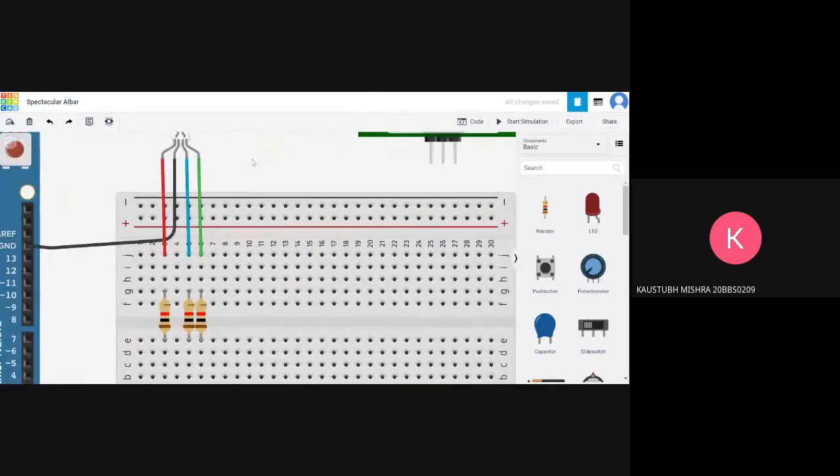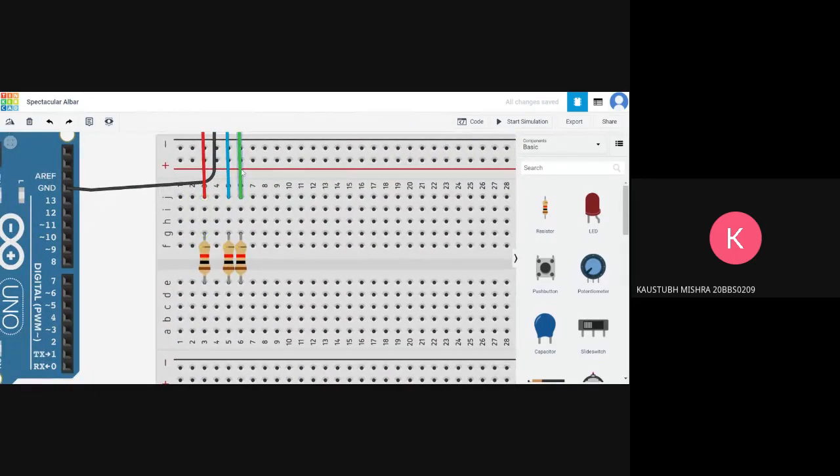So why are we doing this? Why are we connecting a resistor in specifically these positions? As you probably know, and even if you don't, it's fine. All these slots over here, like the 9 and the 10, they are connected in series. And all these rows over here, 1, 2, 3, 4, 5, they are actually connected in parallel. So if you connect a resistor terminal over here, that means this terminal is internally connected to this wire as well. So this terminal of the resistor is internally connected to the red wire as well.